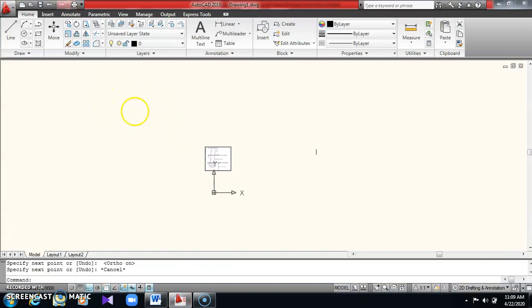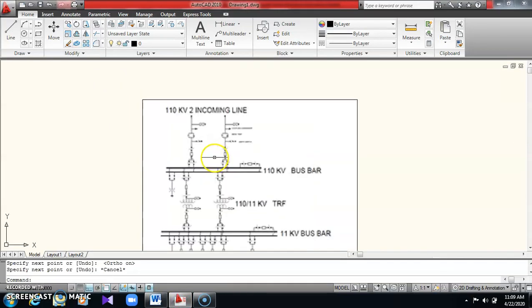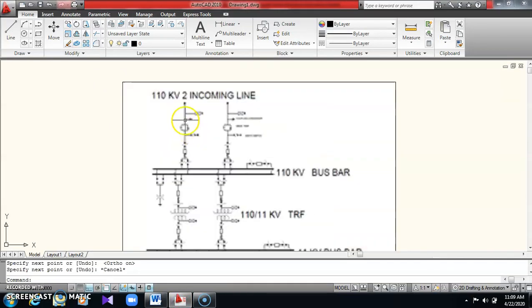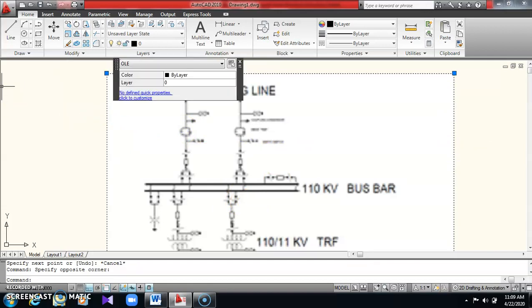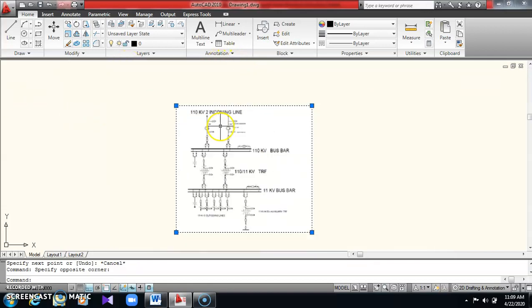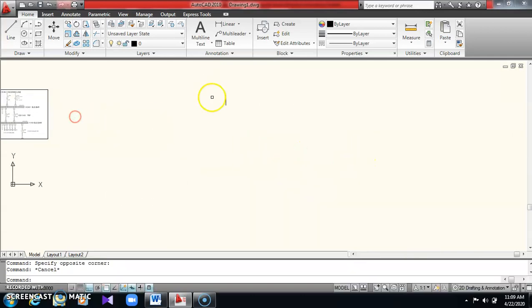I'll draw this diagram. We'll draw 110 kV with 2 incoming lines and then 2 transformers, with 5 outgoing lines. Let us start. First draw the incoming line.